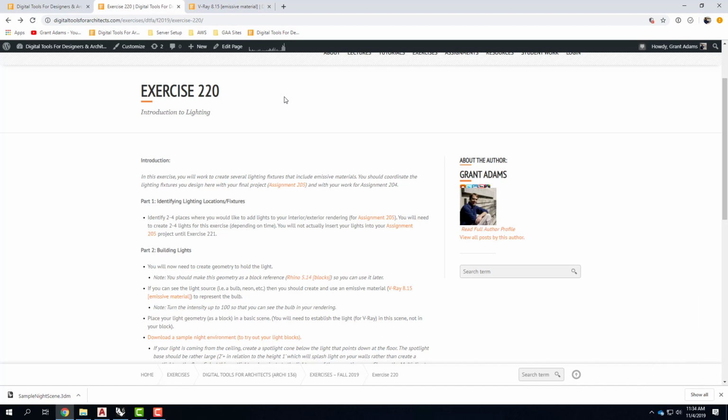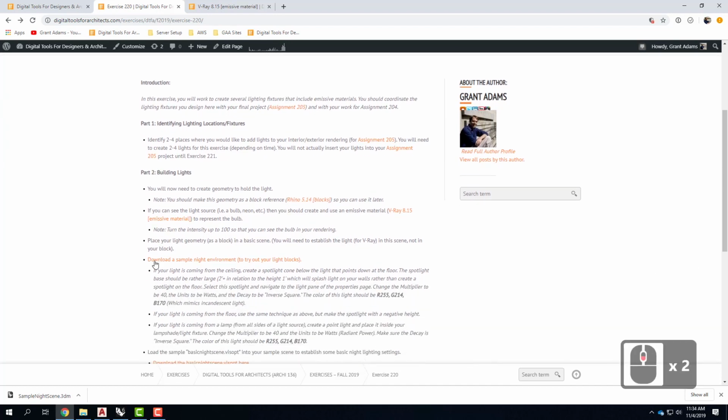So if you pull up exercise 220, about halfway down under part 2, there's download a sample night environment to try out your light blocks. So this is already set up for you, so you don't have to create anything. If you click on it and download it, when you go to open it,